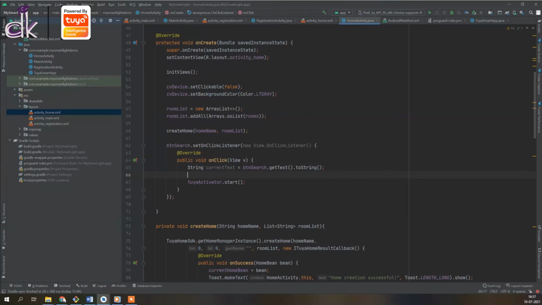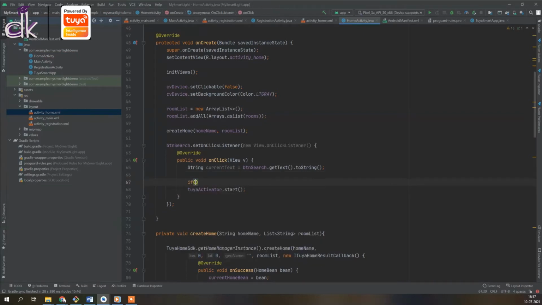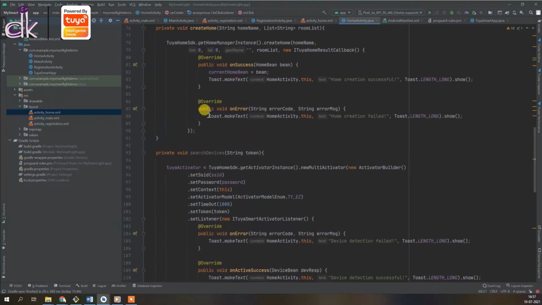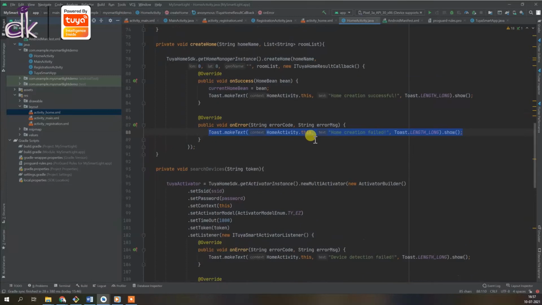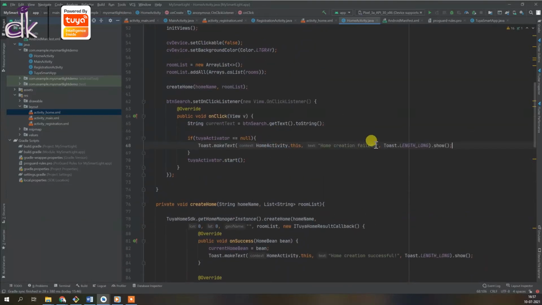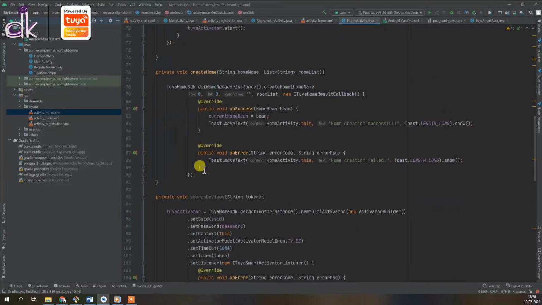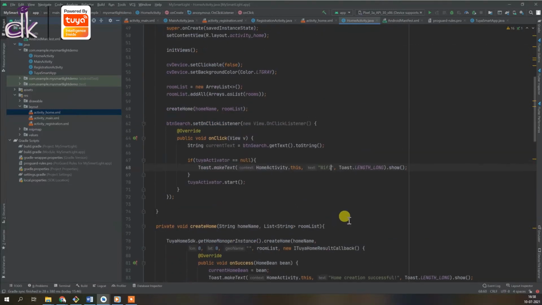So getting the current string, and first thing is before we actually start the tuya activator, we need to check if it is null or not. So if it is null, obviously throw an error, right? So you don't really need to do anything. Just need to throw an error saying that Wi-Fi configuration is probably in progress, right? Because the tuya activator is created here and it might take some while before it actually comes to this function. So let's say Wi-Fi config in progress,